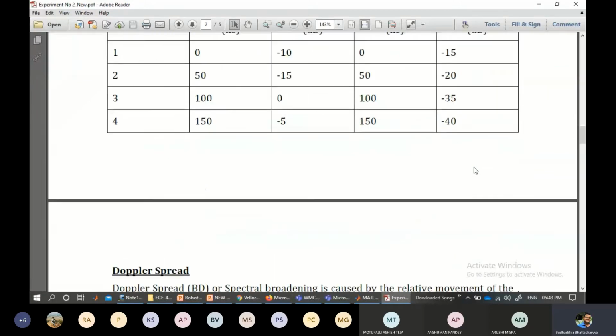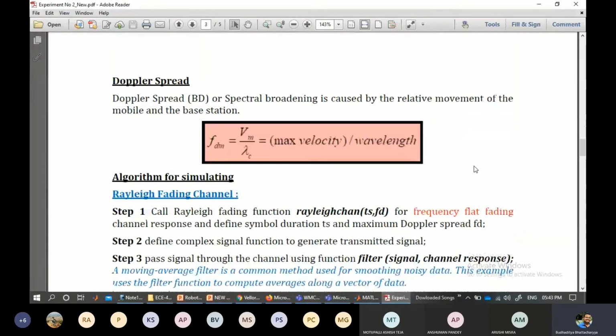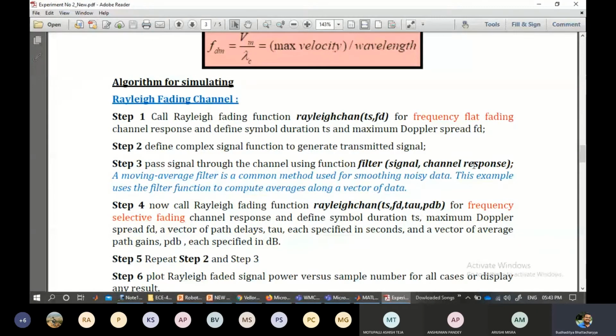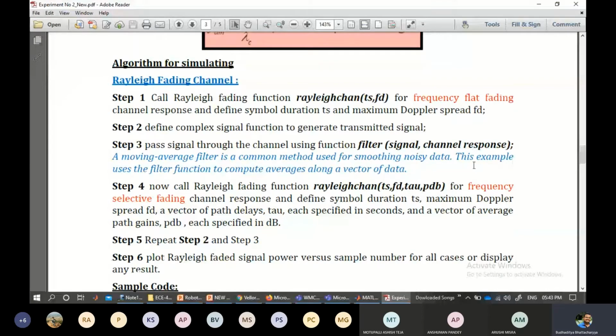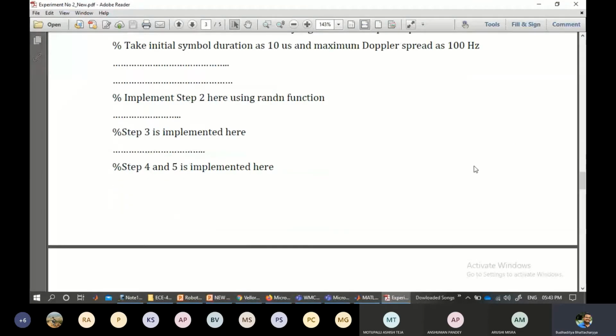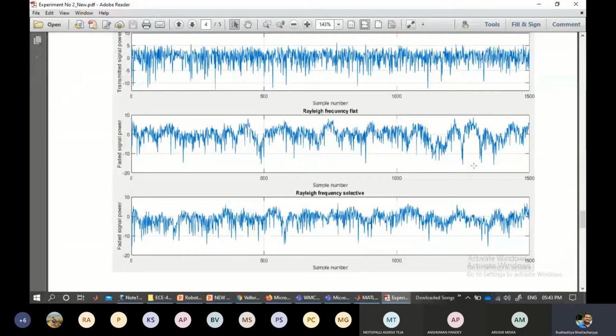So we'll go one by one and discuss what the elements are, and then we'll come back to all this discussion. Even if time permits, we'll go through the algorithms, how they are defined, and also, just like the previous time, we will give the sample code, and finally we will get some kind of an output of this nature.